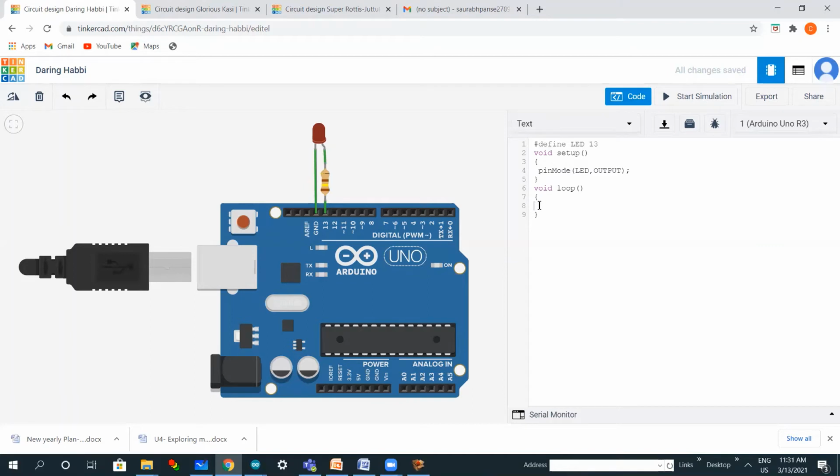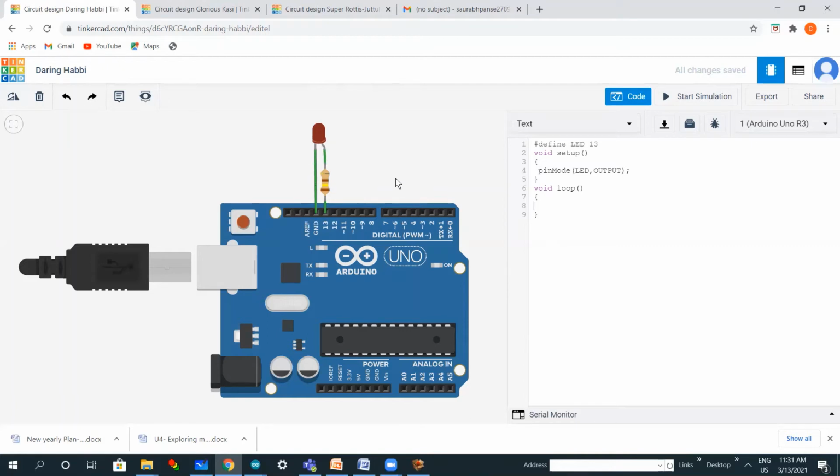Then coming to void loop. Inside the void loop we write our main program, the main program which Arduino will actually execute. In this case we have to blink the LED. So first we have to turn on the LED for some period of time, and then after that period of time we have to turn off the LED.